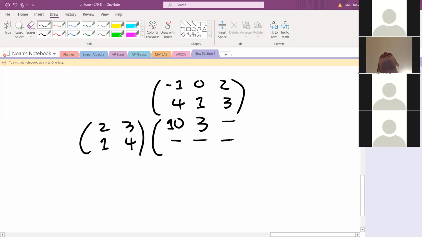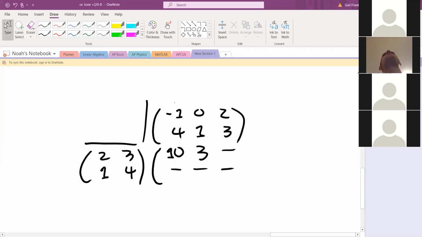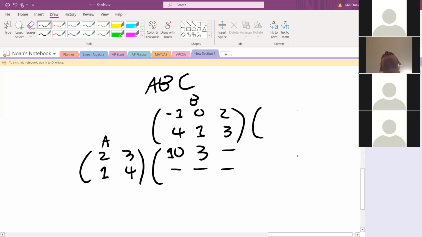This is really helpful because if this doesn't stretch out as far as this, like if we have an extra row up here, then this is 3 long and this is 2 long. You can't take the dot product. The matrix product is not defined. This is also very helpful so you can see the dimensions of the product. And it's also useful if you want to multiply like 3 matrices. So say this is A and B, and you want to multiply A, B, and then you have a third matrix, C. Well,